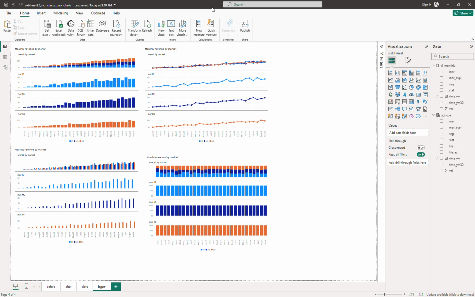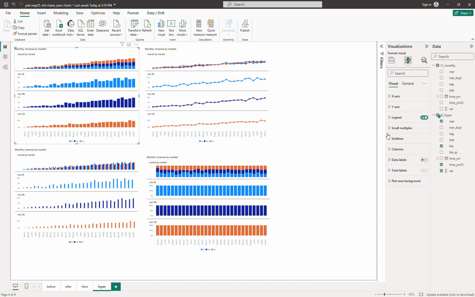Hi guys, we will use the same techniques, which is to blend the two sources and then use the tie factor, the tiling factor, or in this case the small multiple factors, in order to display advanced charts in Power BI. Okay, so